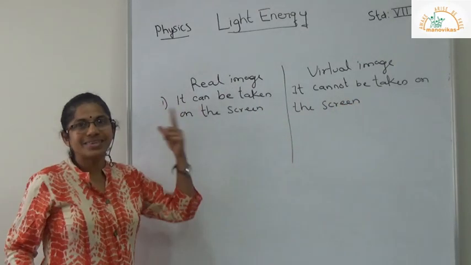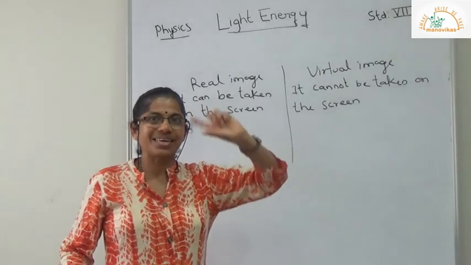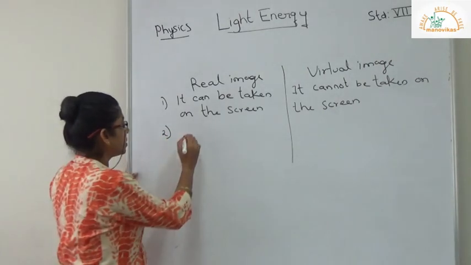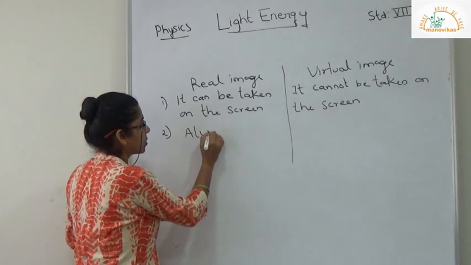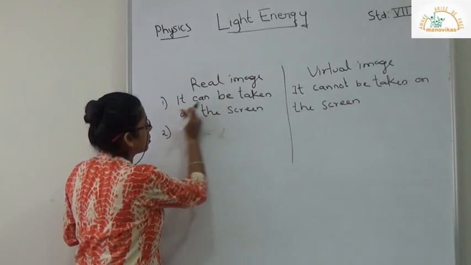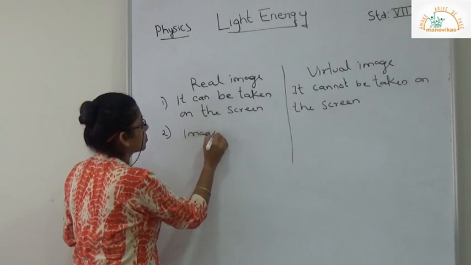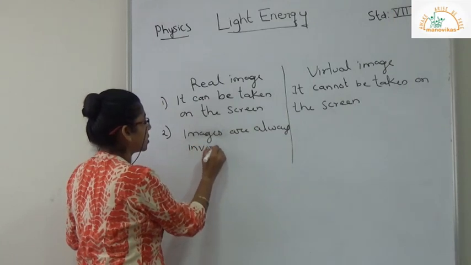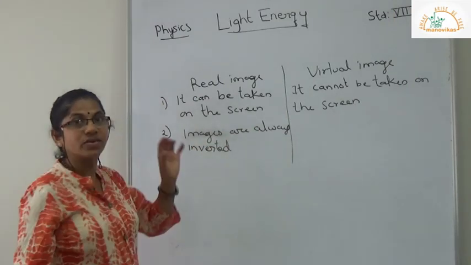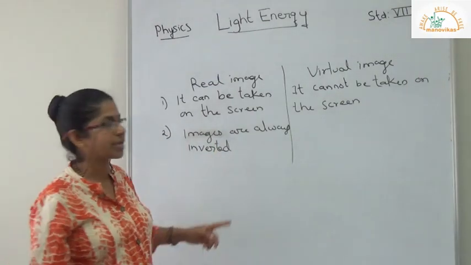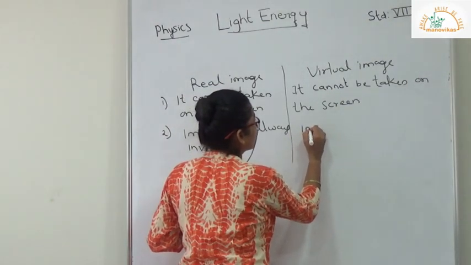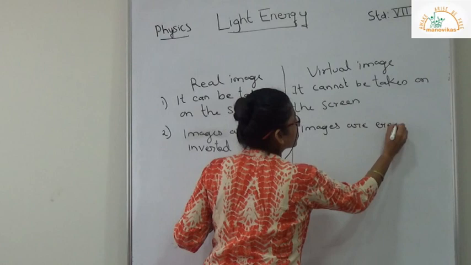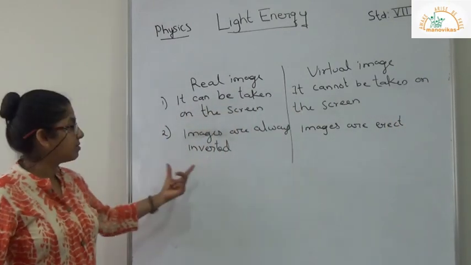Then real images are always inverted, upside down, right? Second difference is real images, they are always inverted. Whereas virtual images are always erect. Third difference will be